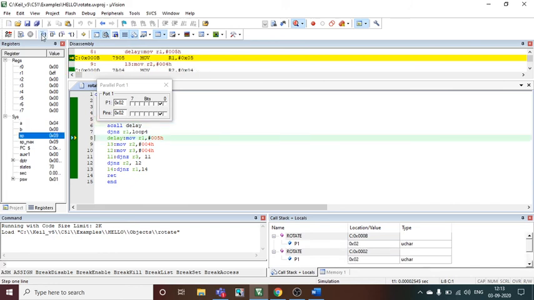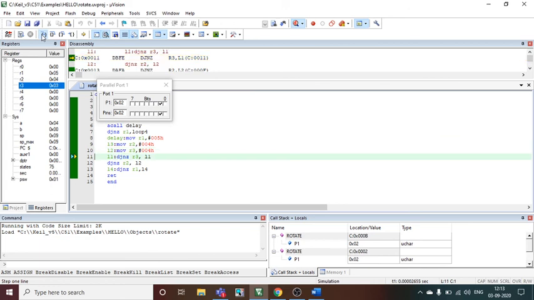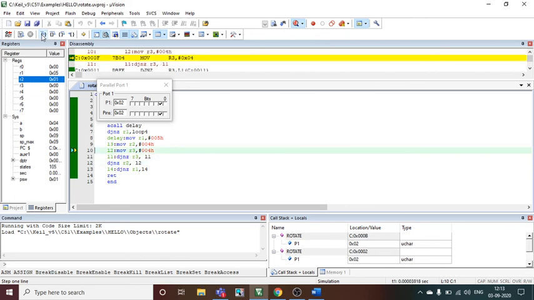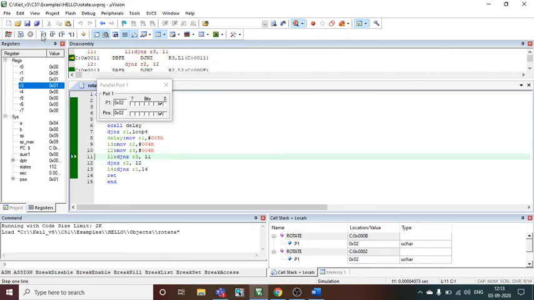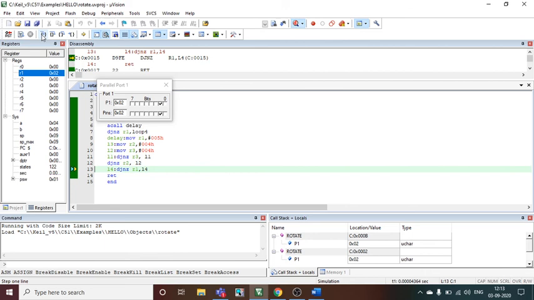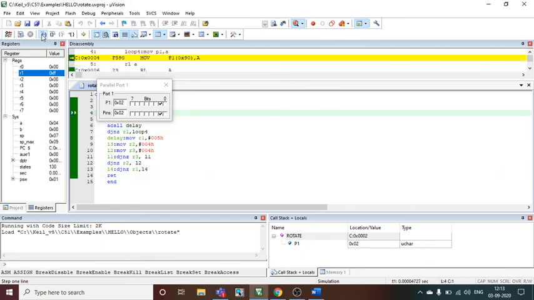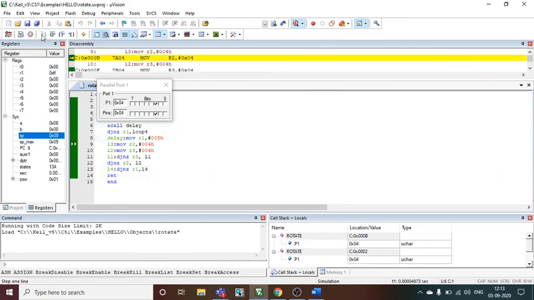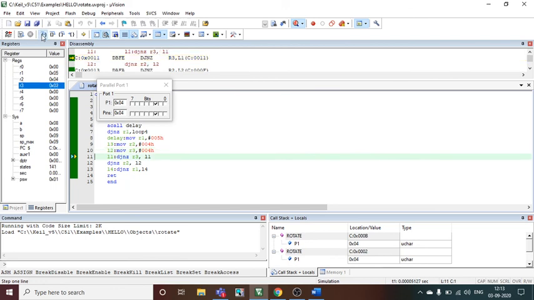So I will do it once more so that you get the confidence that yes, it's working. I'm just pressing it again for you, because we have a delay program which has MOV R1, 005, MOV R2, 004. See, it has already changed. So it keeps on rotating from left to right. So hence we have done the program properly.